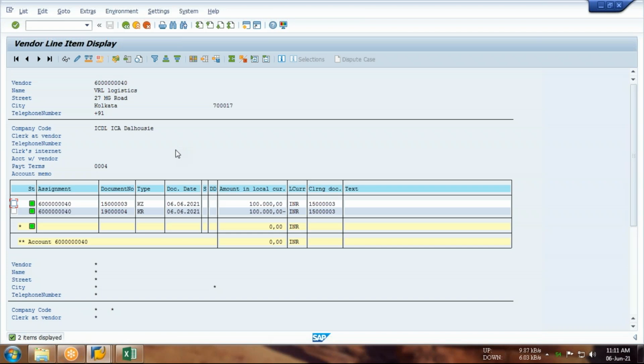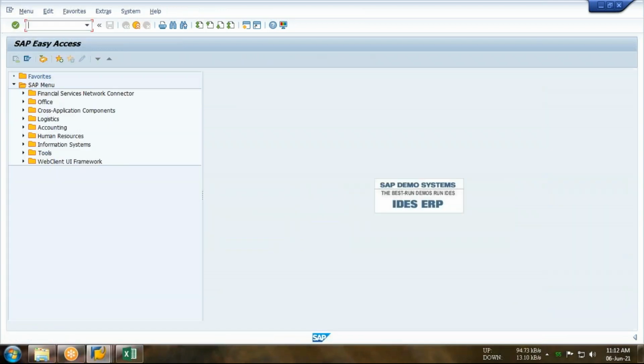Okay. Everyone of you getting this? Yes, sir. So that's it for the discount only. Sorry, guys. So we have done what, sir? We have done posting, I mean vendor posting. We have done full payment, we have done part payment, and we have done payment with discount. 3 types of payment we have done.